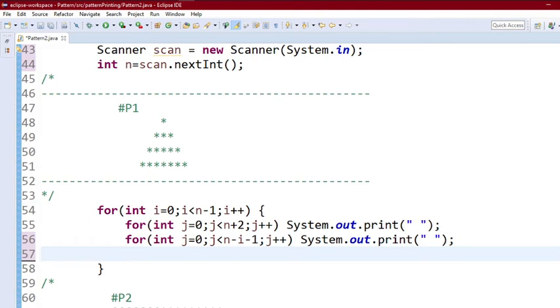After printing all these white spaces, we have to print stars. How many stars do we have to print? For the very first time, we will print 1 star, then 3 stars, 5 stars, and so on.